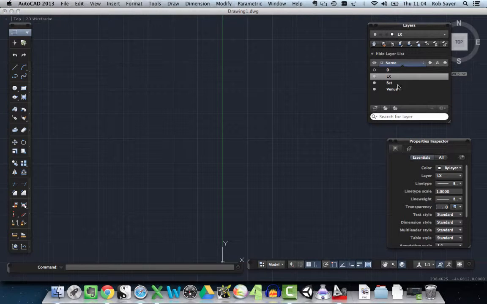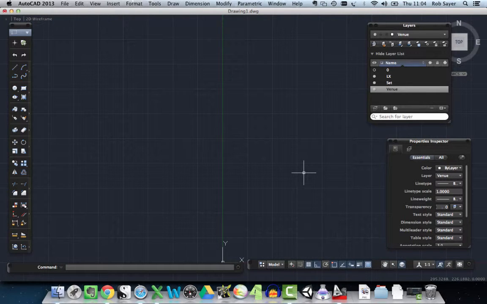Okay, so I've got my layers here. What I need to do is make sure that the thing I'm going to be drawing on is going to be on my Venue layer. So I go to the very top of the layers palette, drop down the box at the top, go down the layers list and select my Venue layer. That means that the next thing I draw is going to become something that is part of the